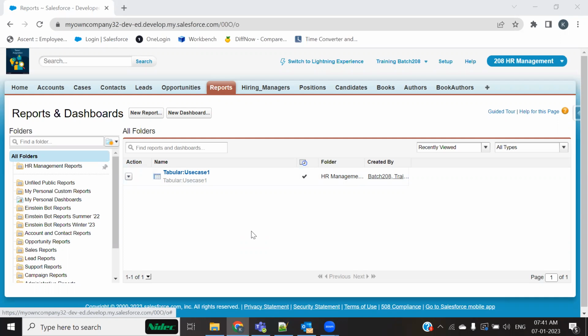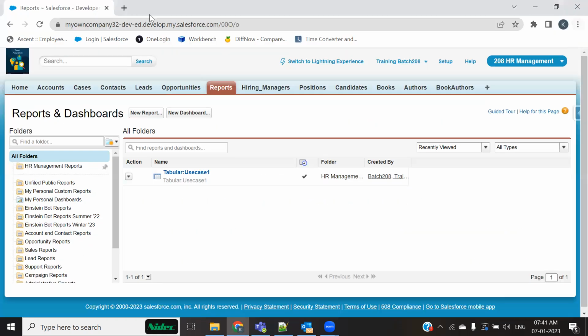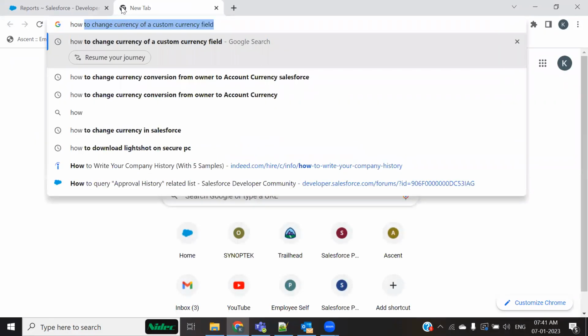So analytics is really a very important feature of Salesforce. There are so many different CRMs as well, but not every CRM is as vast as Salesforce is. The most beautiful part of Salesforce is that it tries to cover almost every requirement of a business. And I don't know whether you have seen this or not, but if you do a little research on Salesforce, you're going to see that